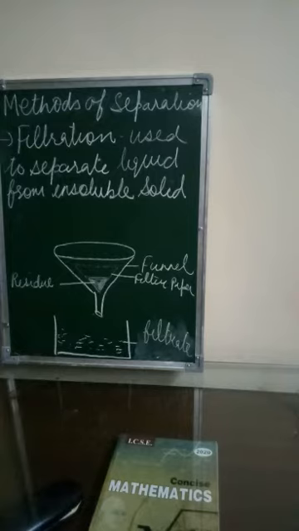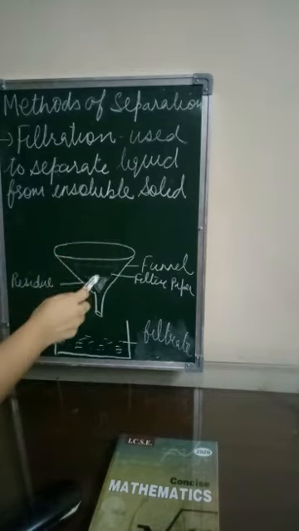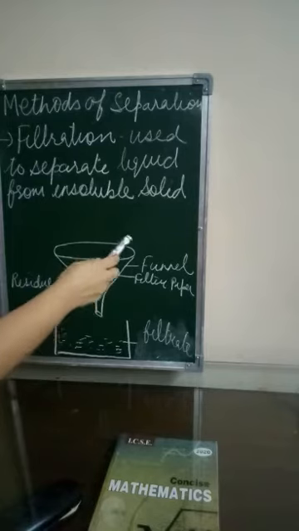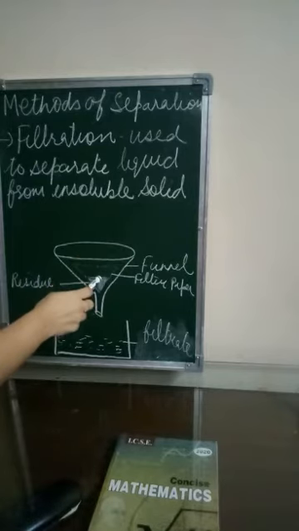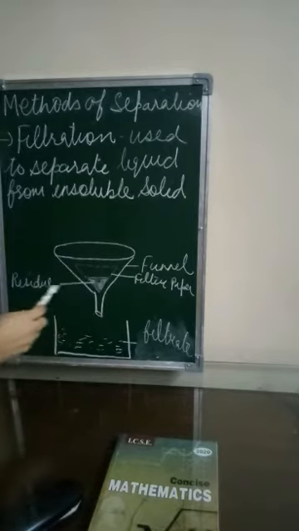Now students, we will take a solid-liquid mixture and keep it aside for some time without disturbing it. The supernatant liquid is poured along a glass rod into a funnel. Then I will pour the supernatant liquid into this funnel which contains a filter paper. The liquid passes through this funnel and the solid collects on the filter paper. This solid is called the residue.